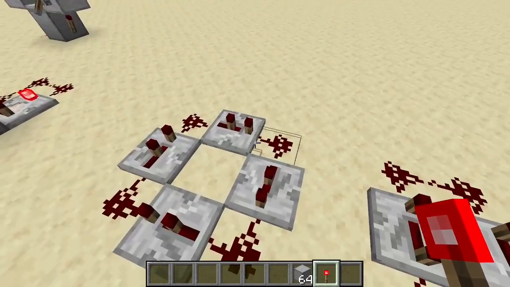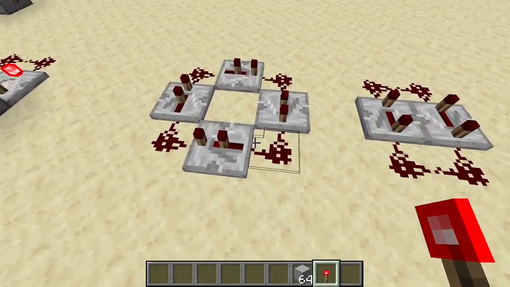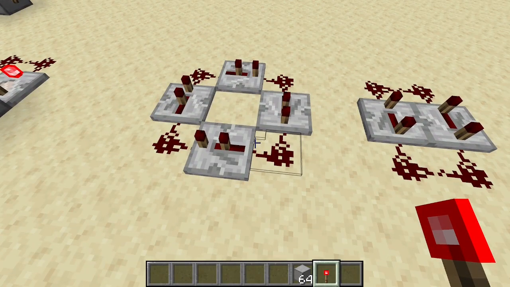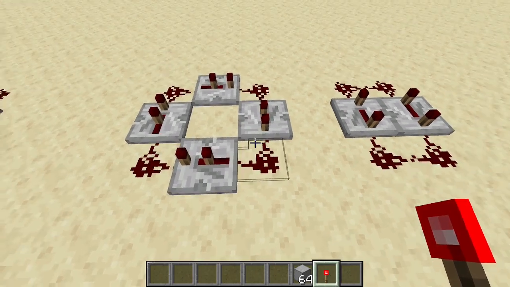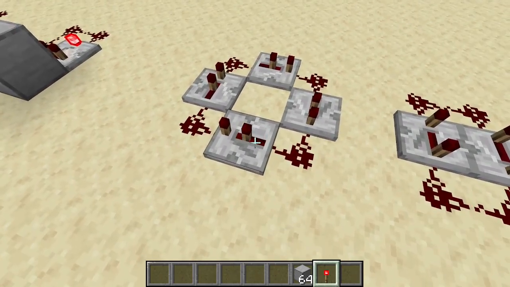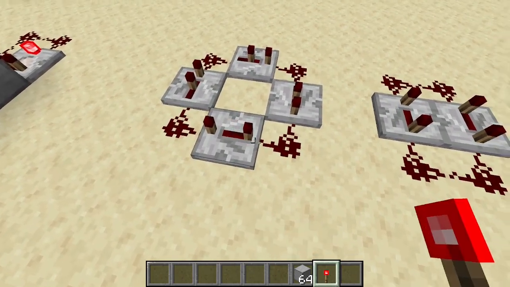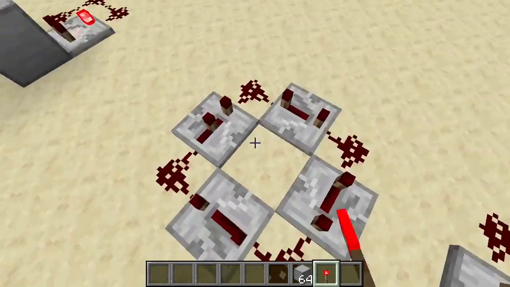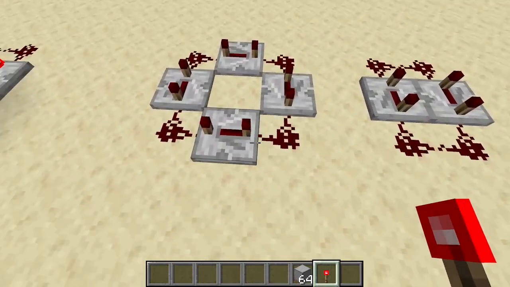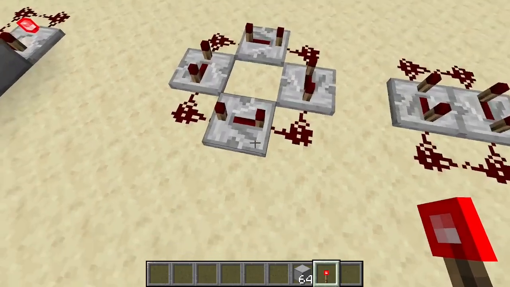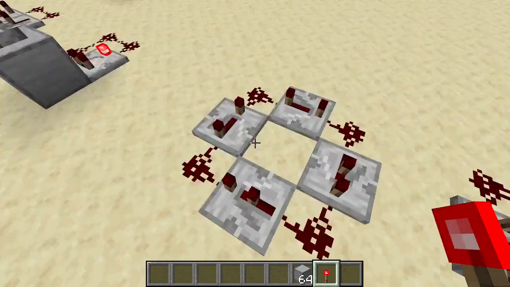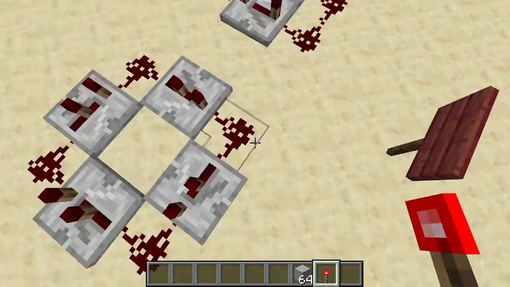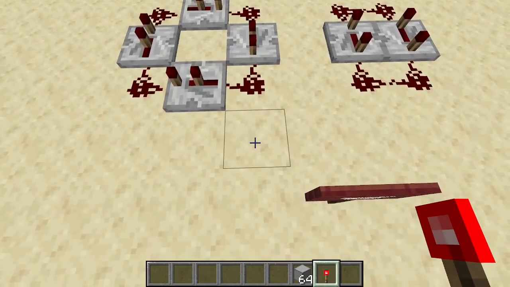And pretty much whenever you want to extend the pulse, you can increase the ticks on the repeater, or if you have all your repeaters at max ticks and you need to increase it even more, you just add more repeaters to the system. I'm going to go ahead and put these all at 2. And the way you get it going is you have to